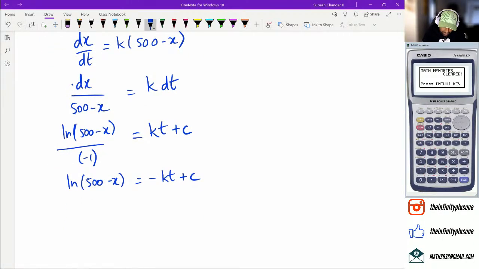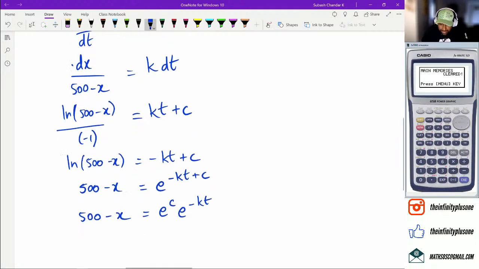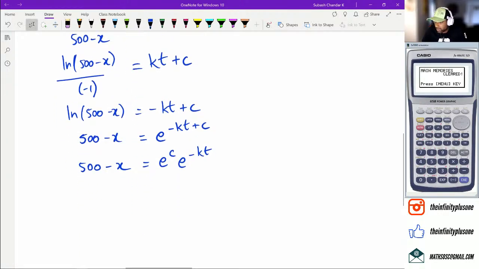The next step is I'm going to put it as 500 minus x equals e to the power of negative kt plus c. And also, e to the power of c can be separated like this. So I'm going to put this as 500 minus x, and because e to the power of a constant